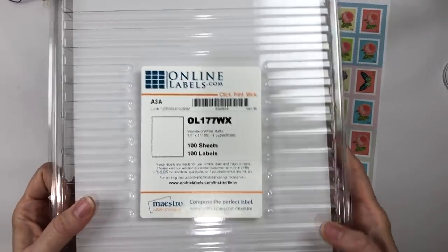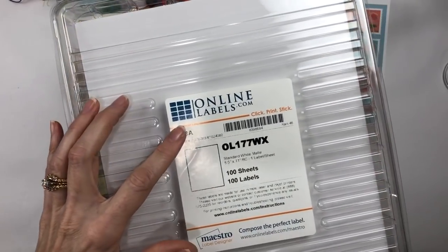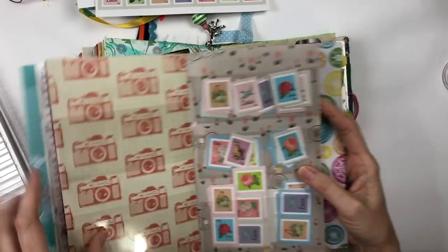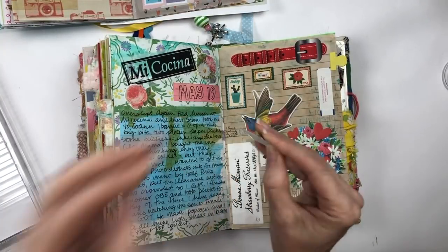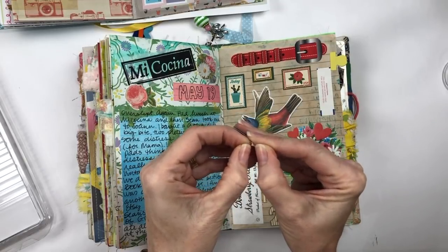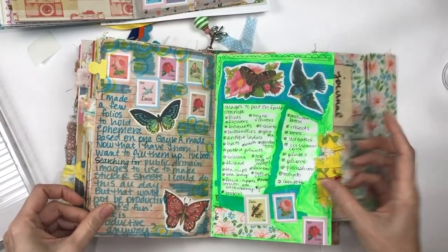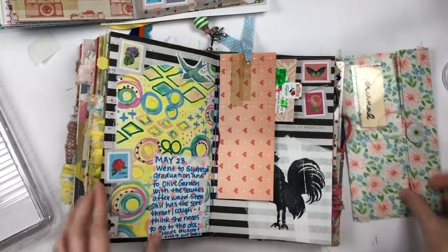And just in case you're wondering, this is the label paper I bought. I bought this quite a while back at onlinelabels.com. And it's not scored on the back, so they're not particularly easy to separate, but of course now that I'm trying it on camera, it won't be at all. But it's not bad. They're not bad at all, really. Let's see. Guess I'll stick that one there. Okay, so